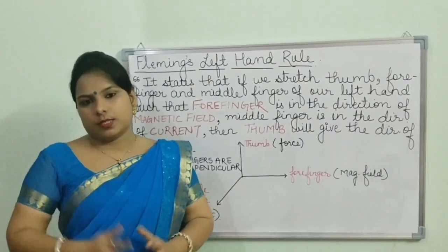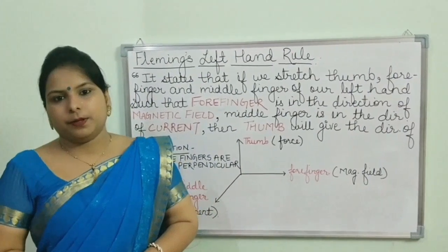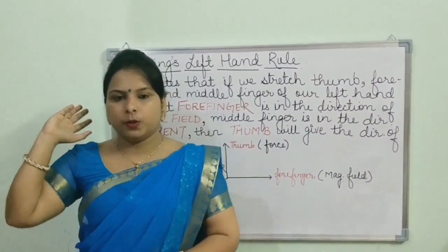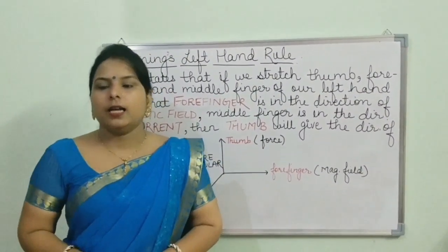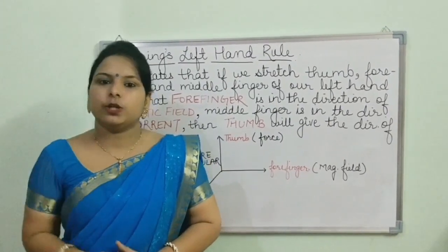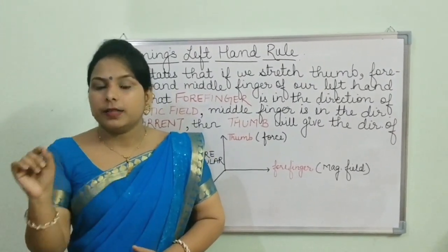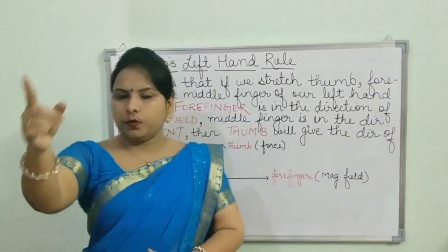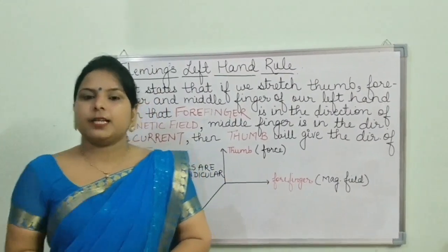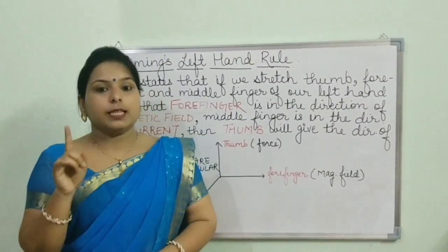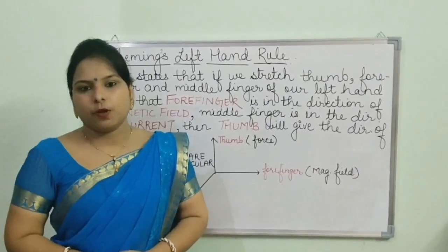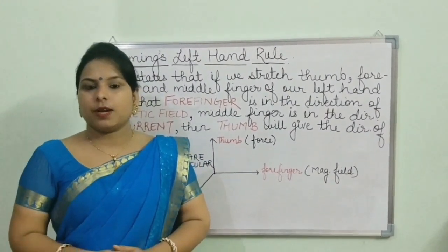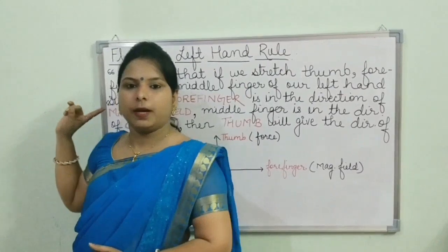Now how to use this rule? Let us consider an example. There is a question in your textbook that an electron beam is coming from your back wall to the front wall, and with the effect of force it gets deflected to your right hand side. What will be the direction of magnetic field? So how to follow this rule? See, the electron is moving from my back wall to the front wall. In the chapter on electricity, you have studied that conventionally the direction of current is opposite to the direction of electron. So if the electron is moving in this direction, what will be the direction of current? It must be from the front wall to my back wall.